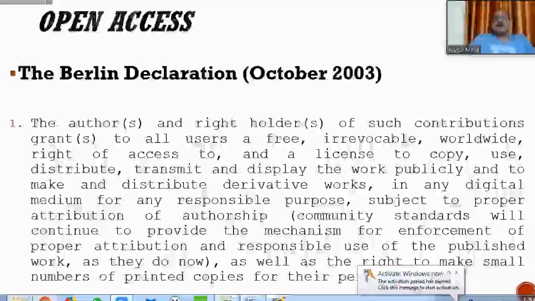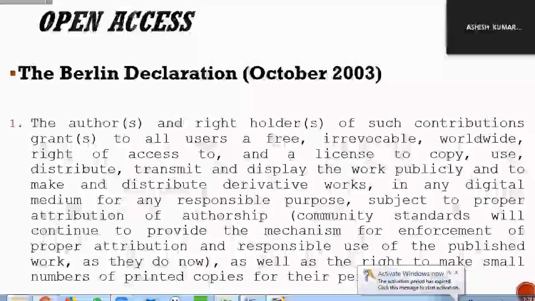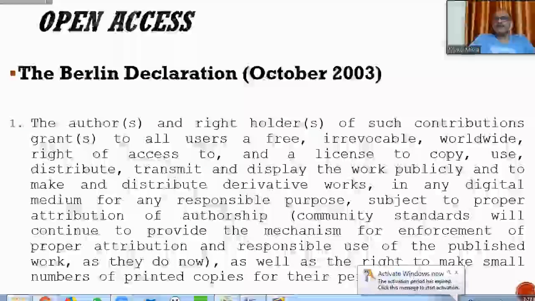To all users, a free, irrevocable, worldwide right of access to and a license to copy, use, distribute, transmit, and display the work publicly, and to make and distribute derivative work in any digital medium for any responsible purpose, subject to proper attributions. Now, because the previous one and here there is not much difference, but if you observe here, they're trying to add some words, subject to proper attribution of authorship. Community standards will continue to provide the mechanism for enforcement of proper attribution and responsible use of the published work